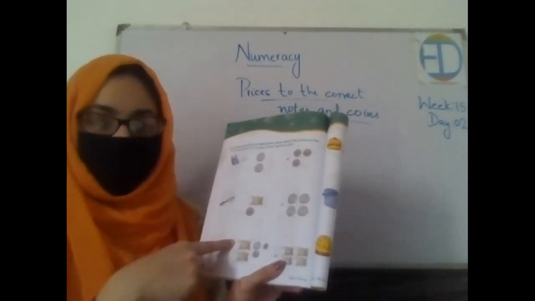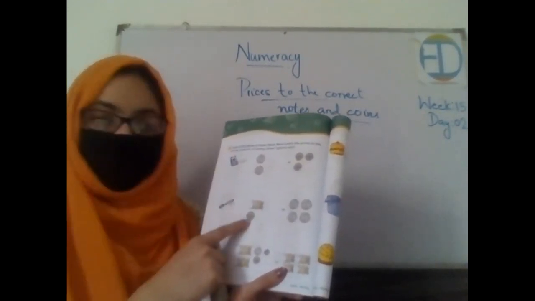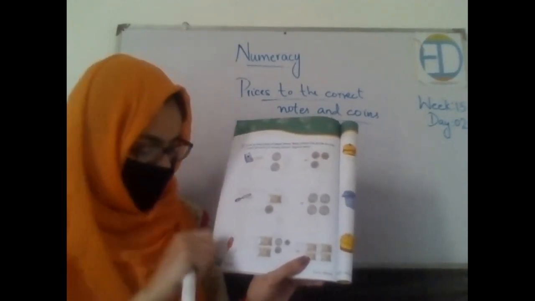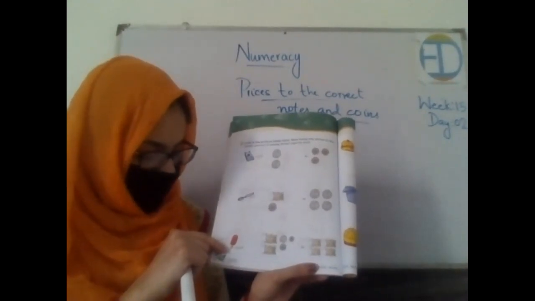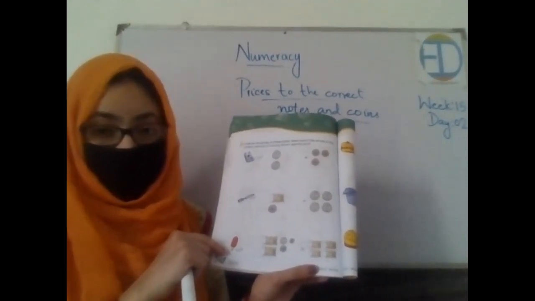A 10 and 2 rupees make 12, right? Okay, so which option is correct? The first one. Okay, well done. Who is going to tell us about the next one? It's an ice cream, and the ice cream is of rupees 28.